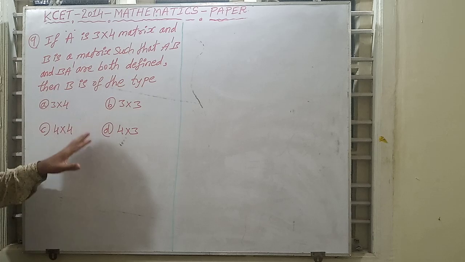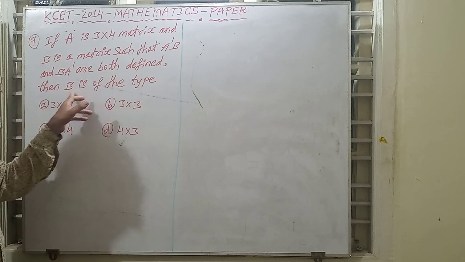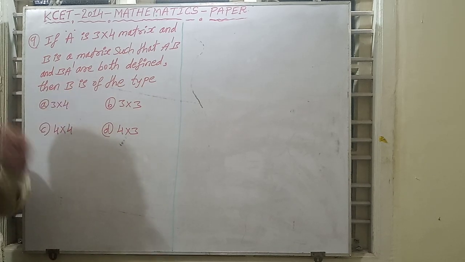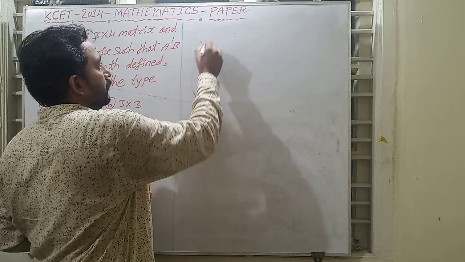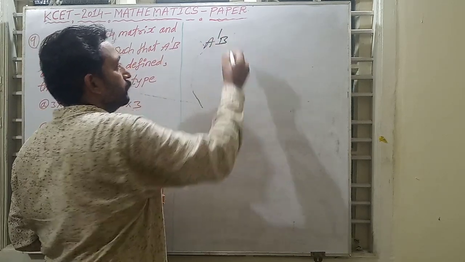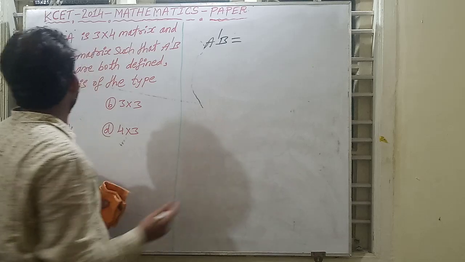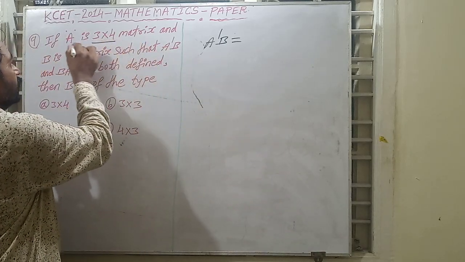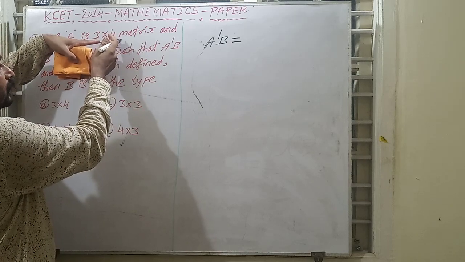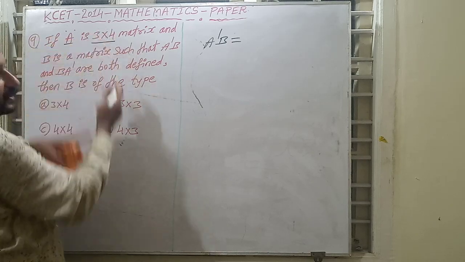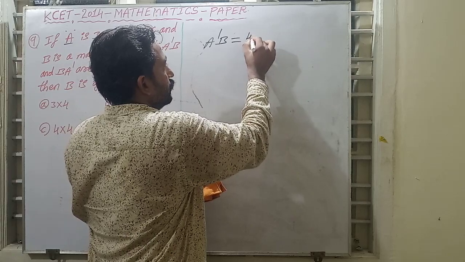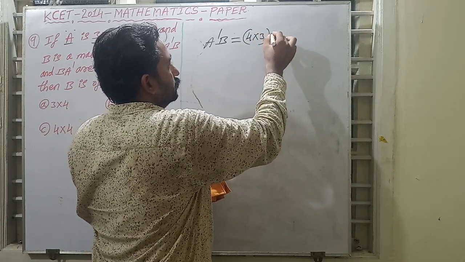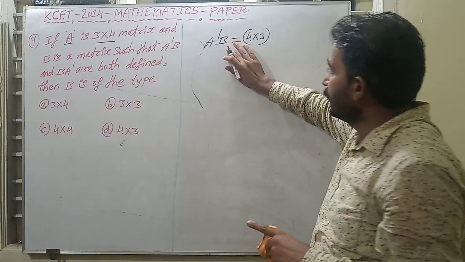Using this condition, we have to find the order of the matrix B. First we take A dash into B. Order of A is given, A dash is nothing but the transpose of the matrix, 4 cross 3. So A dash into B is defined when